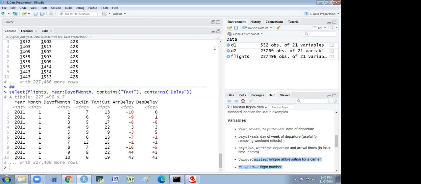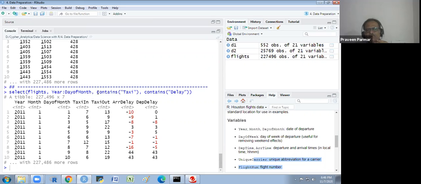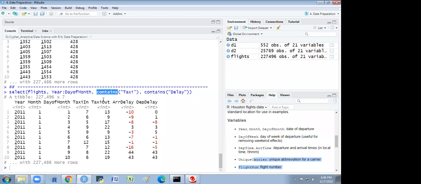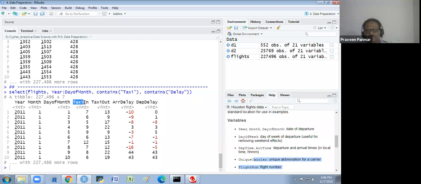So it means taxi and delay are built into R? No, this is the contains function you will use. This contains is an attribute. So this is in the data. Wherever taxi is in your column name, as a prefix or suffix or somewhere in the column name, it will fetch that column.